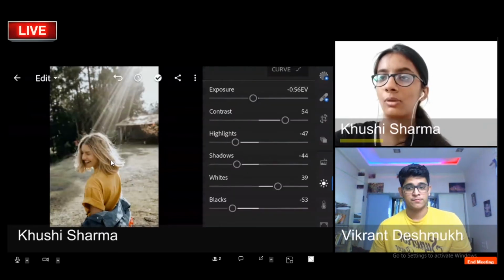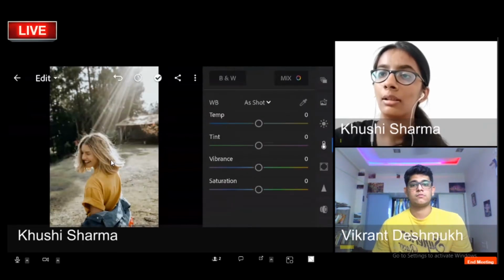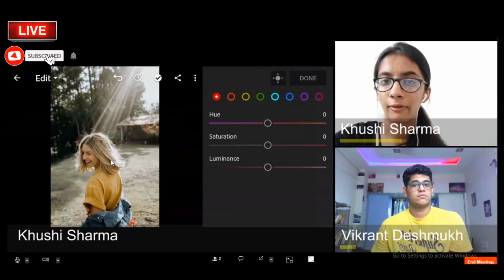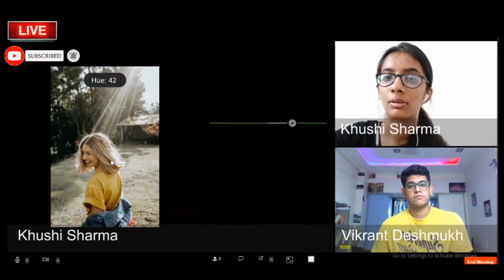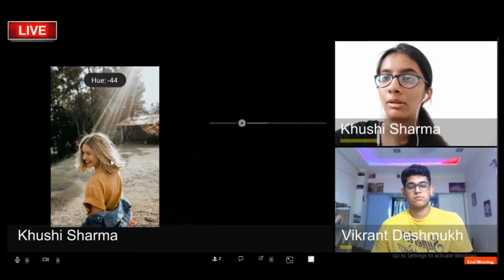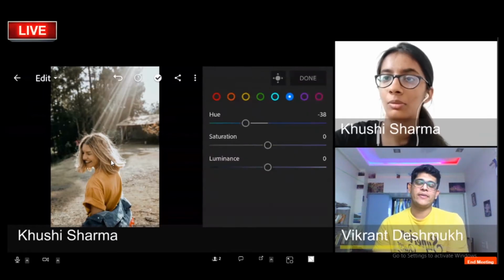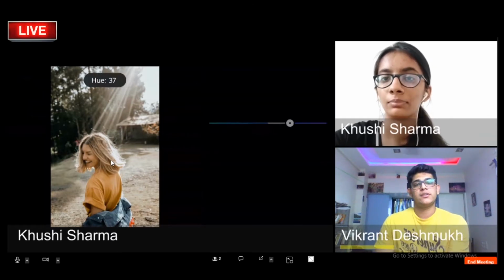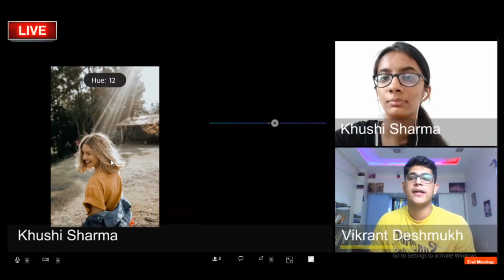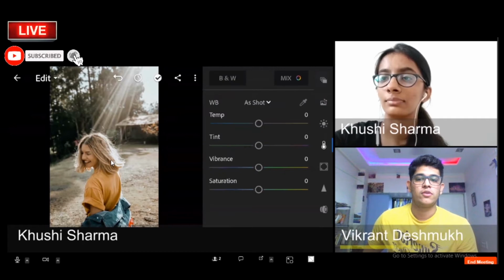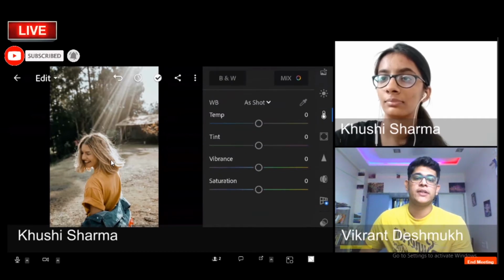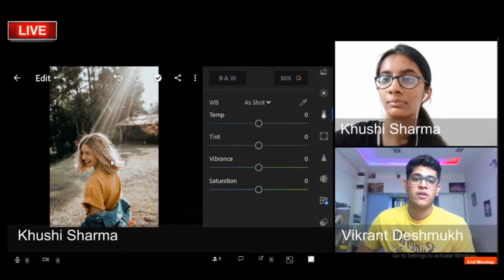Now next towards the color grading. I'll change the color of this yellow and this blue, maybe this orange and this. The basic thing I feel is the editing stuff is all related to your eyes, your colors, your feel. If you are using any kind of software, you could bring out the best colors which you have.